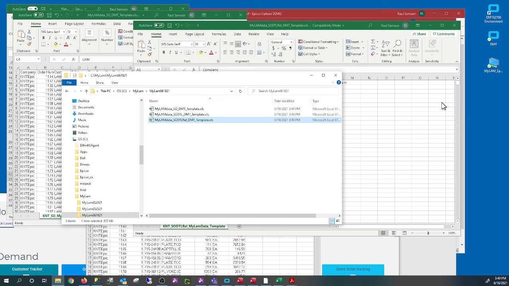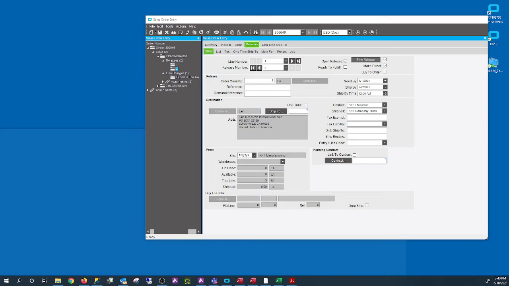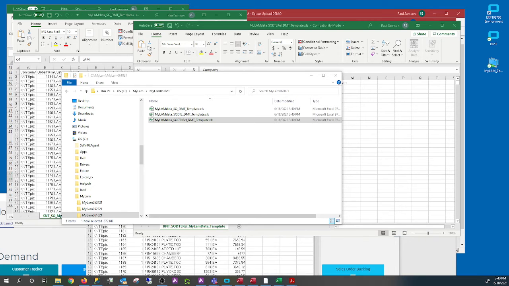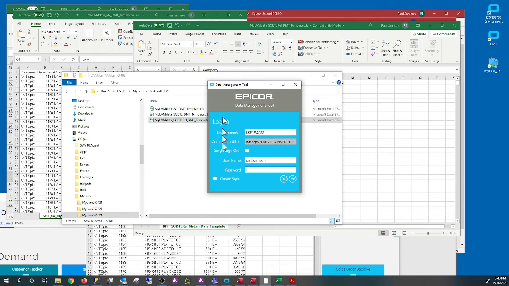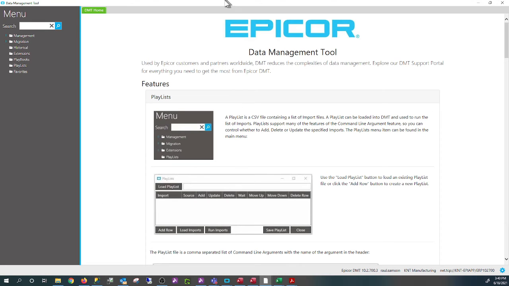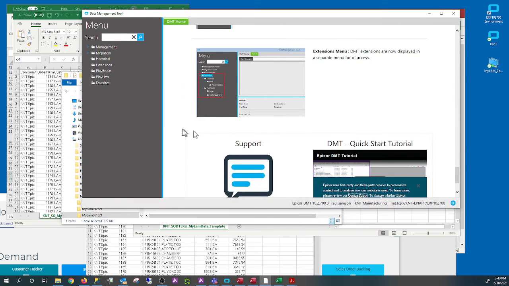So we're going to open up the DMT. So let me open the DMT. And this is how it looks like.